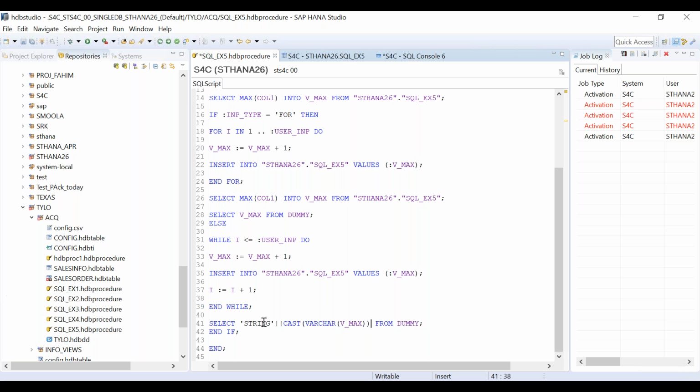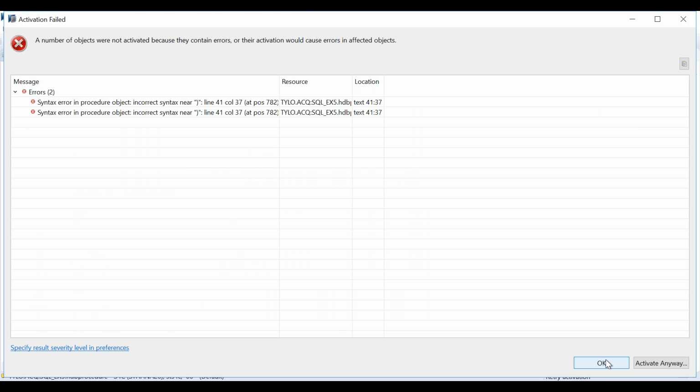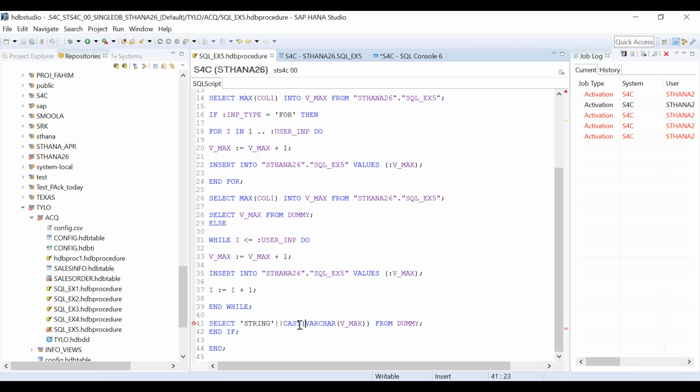Okay. So now let's try to execute. Let's activate. Is it okay? No. What is the problem here? String is this pipe. I think this is how you write the cast, right? Cast.